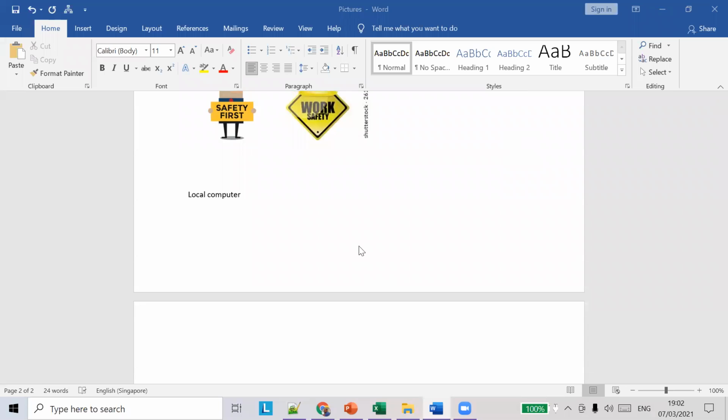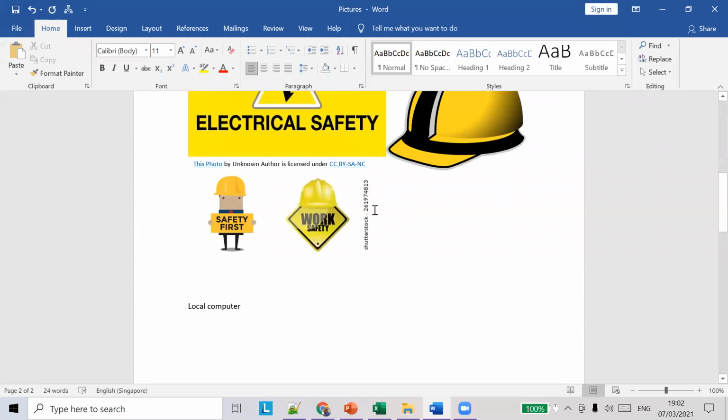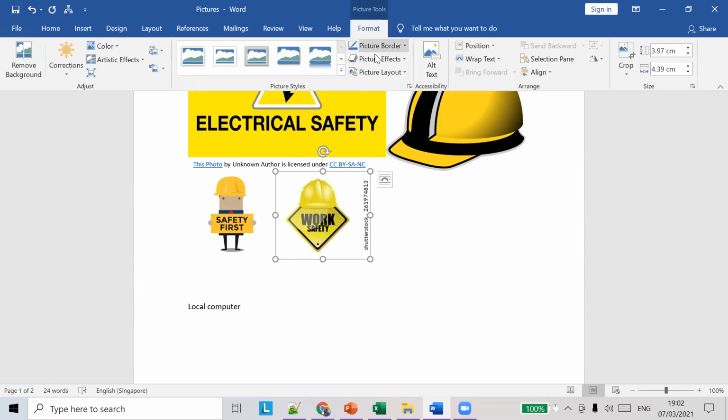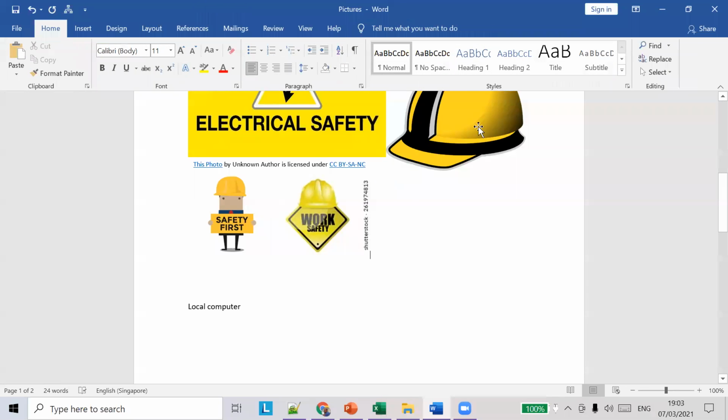So I select this picture, and you can see that before there was no menu called format. Once you select the picture, the format menu appears. This format menu is useful to do some formatting on the picture. You can do some effects, add some colors, and do some manipulation with this picture. Let's see one by one how to do all those things.